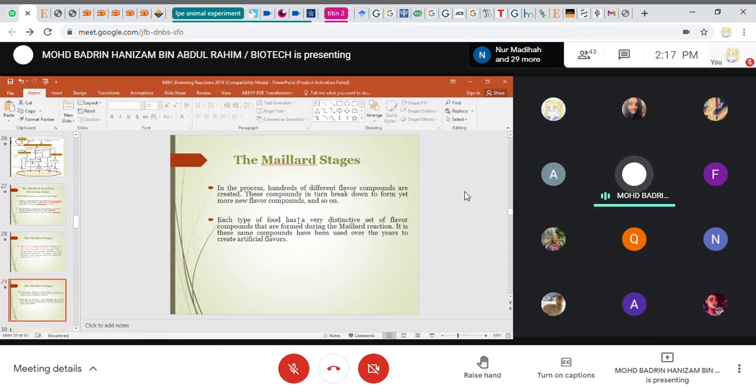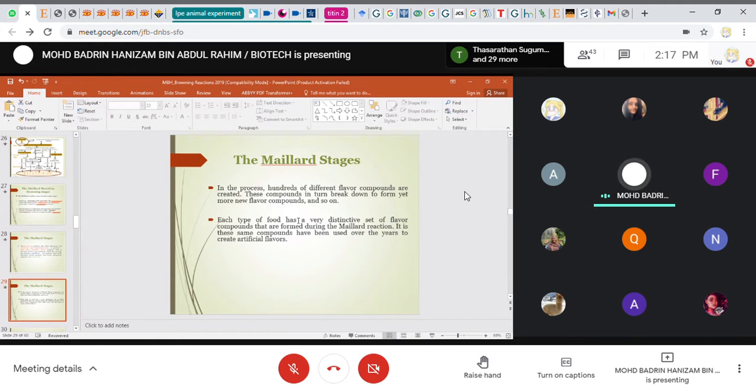If you fry your chicken, without looking at it, you know that this is a fried chicken, this is a barbecue grilled chicken. If you just taste it, you can straight away determine whether it's a fried chicken or barbecue chicken. So based on this,